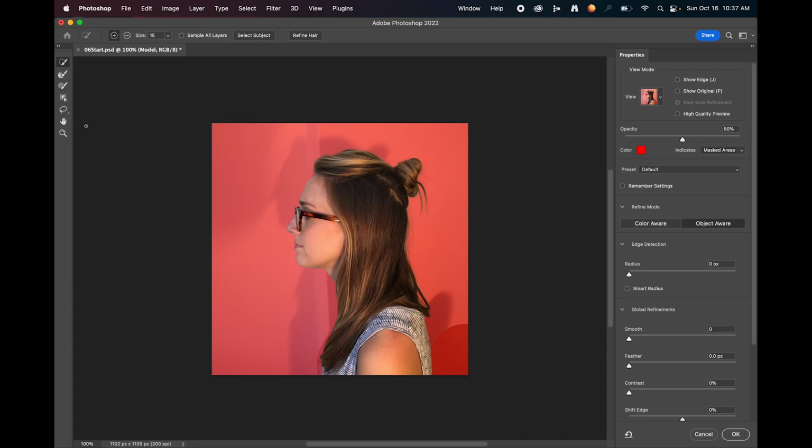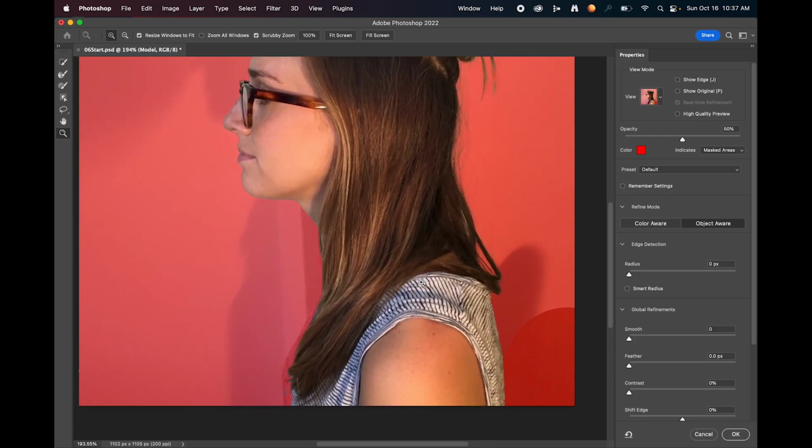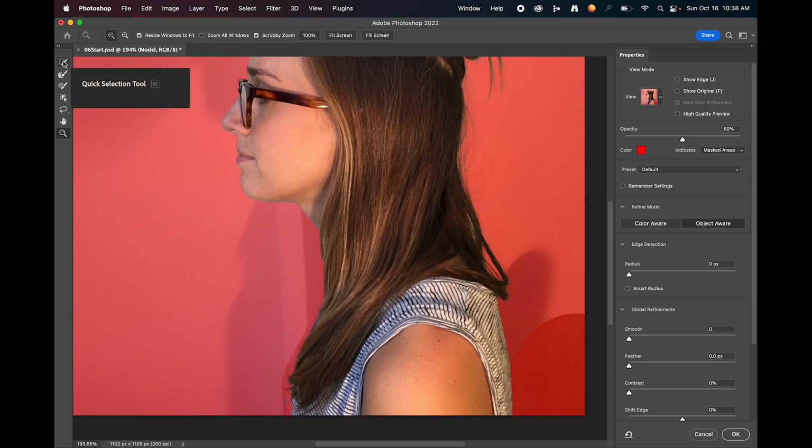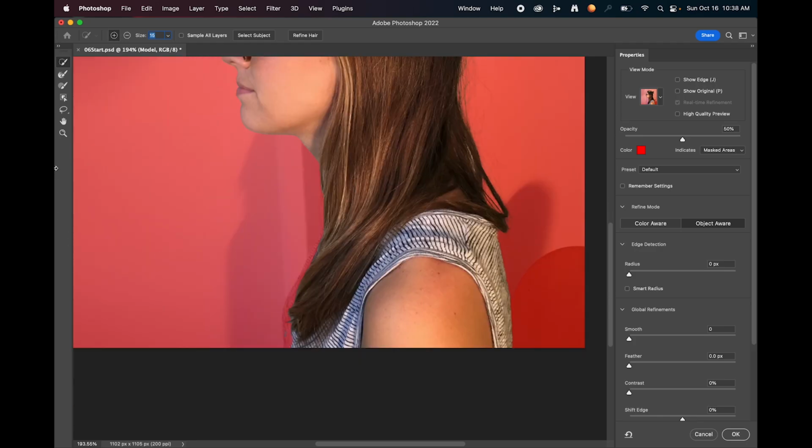But if we zoom in, so we're going to click on the zoom button right here, zoom in and look around, you'll notice like right here, some of the t-shirt got clipped off. It's not part of the mask. So we want to add that and fix it. To do that, we're going to switch to our Quick Selection tool. And our size, we're going to set it to 15. You can either move it around or you can type in 15. Make sure it's on the plus. And then we're going to zoom in a little more